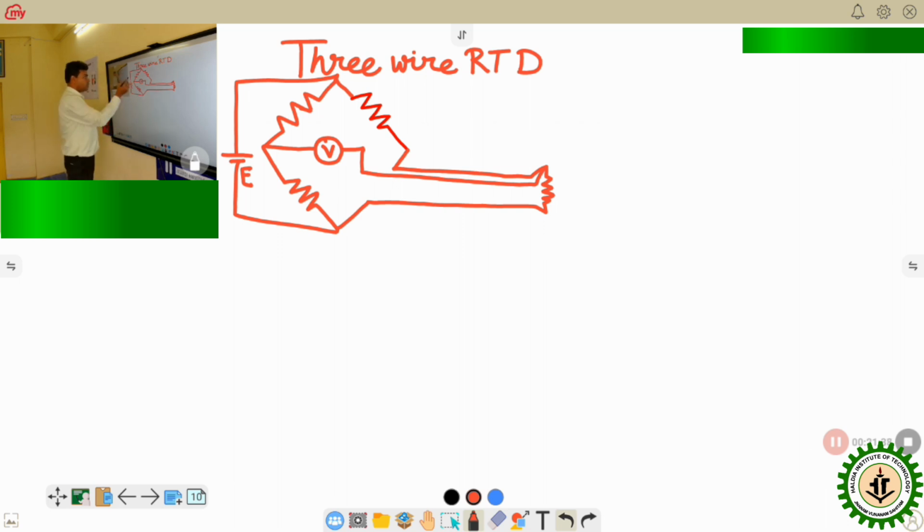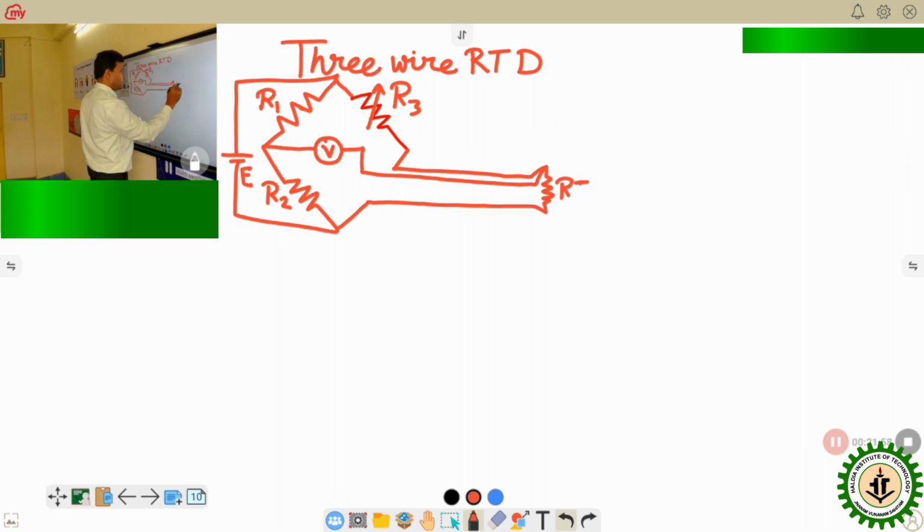This is the supply voltage. Say this is R1, R2, R3, which is a variable resistance, and R4 is basically the RTD, and these are the lead wires A, B, and C. Okay. So in this particular circuit, we know that an RTD is a simple resistance, but